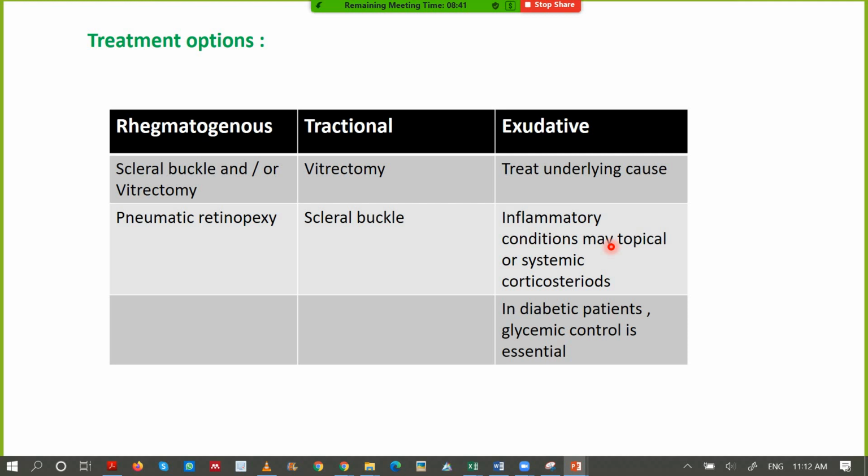In case of exudative detachment, it is mostly a patient who is taking steroid medications, or there are patients who come with fluid accumulation in the retina just because they are using cosmetics. Remember that even the cosmetics we use can contain steroids, and that might again lead to fluid accumulation in the retina. In case of a diabetic patient, glycemic control is the other option. Okay, these are the major things you have to consider.